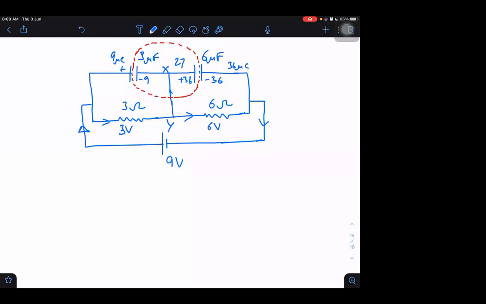Yes. The answer is not, none of these are correct actually. It should be minus 27 actually. And the second best option will be plus 27. Direction they have not taken properly. Direction should be y to x. So they asked y to x only, sir. Oh, they are asking y to x only. Then it is correct only. Y to x is 27.